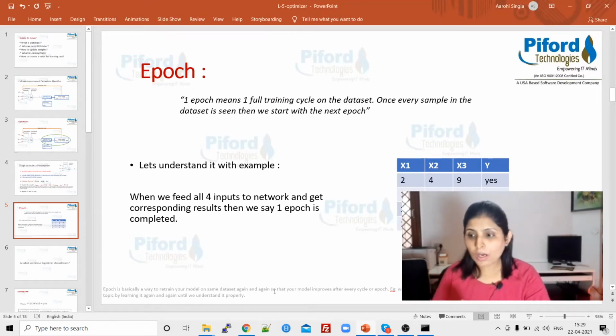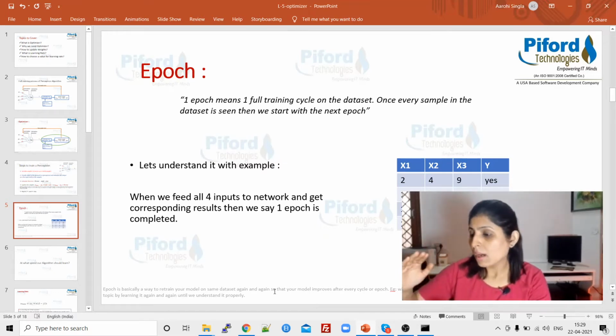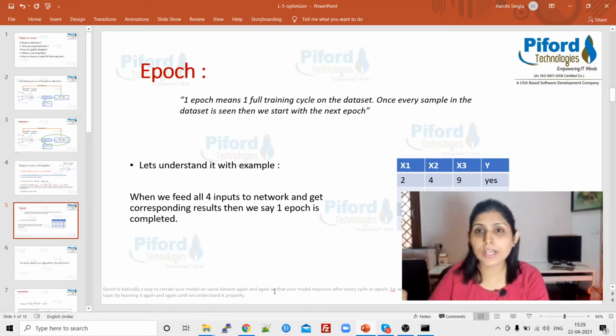Epoch simply means a full training cycle of your data set. Let's talk about this example. x1, x2, x3 are the input columns, y is the output column, and we have four different inputs.